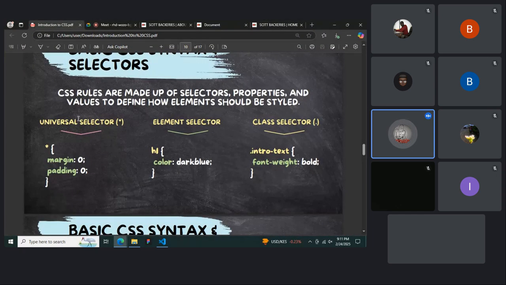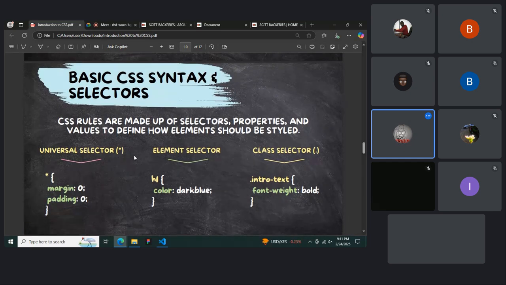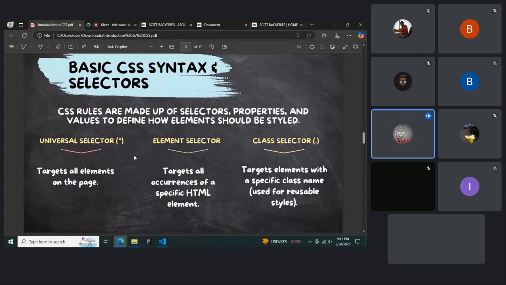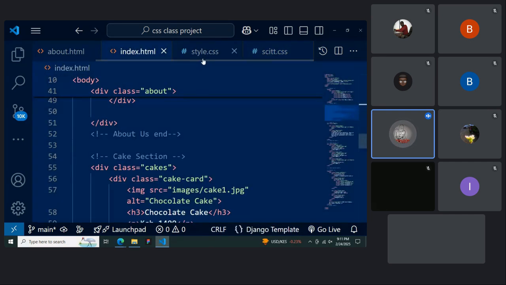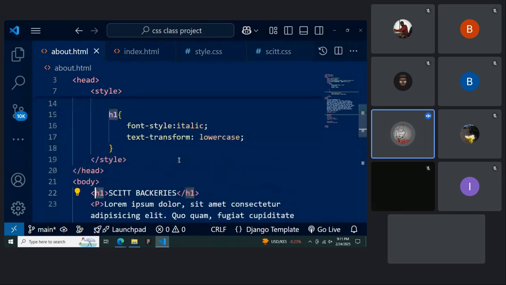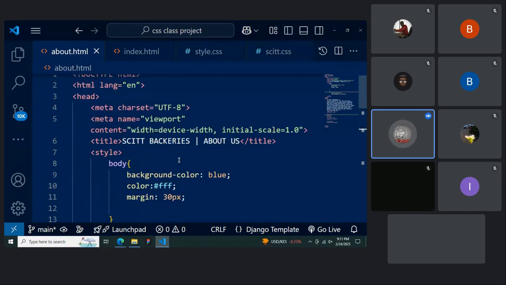The first one is known as a universal selector. What does a universal selector do? It targets all the elements on the page. So what we mean by that is, if I come back to this about page that I had created,